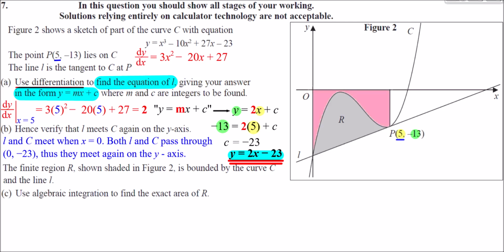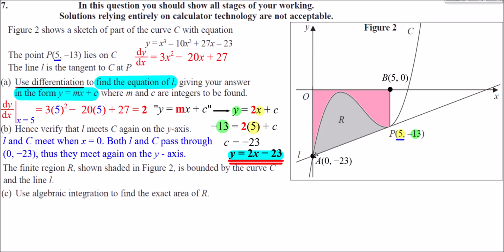But of course we don't want to find the pink area, we want to find this region R. I'll come to that in just a moment. If I just think about what I've created here, this is actually a trapezium. So if I add on a bit more information about this trapezium, if I call this point A and that point B,